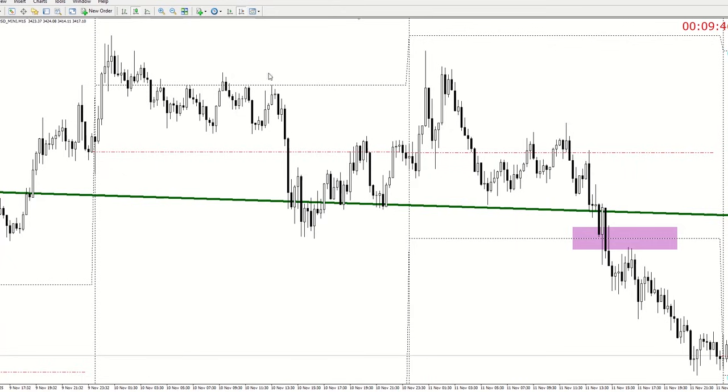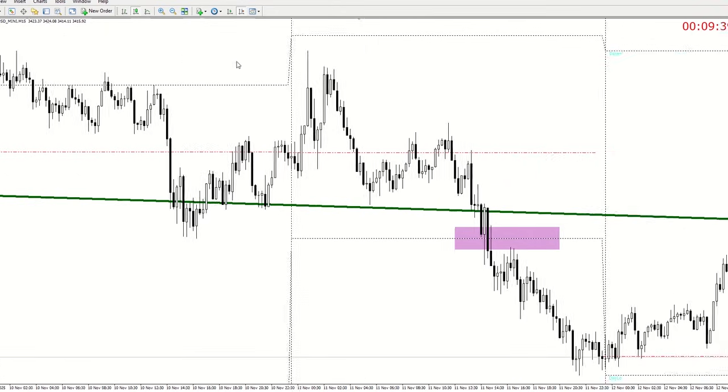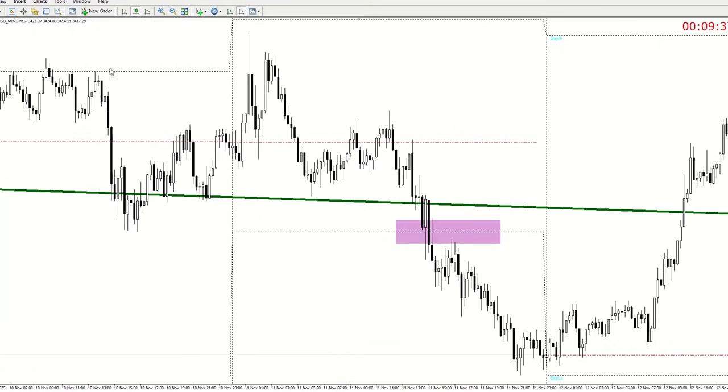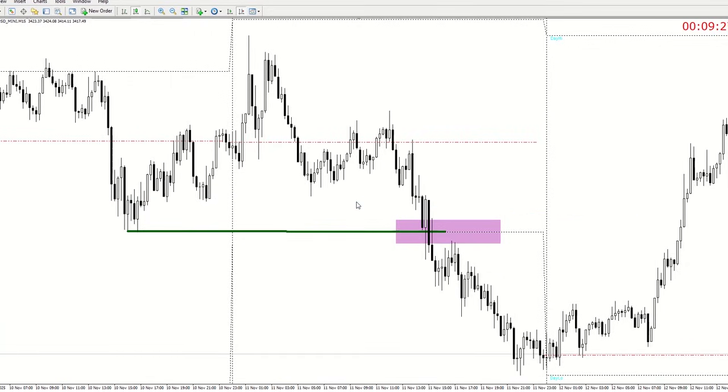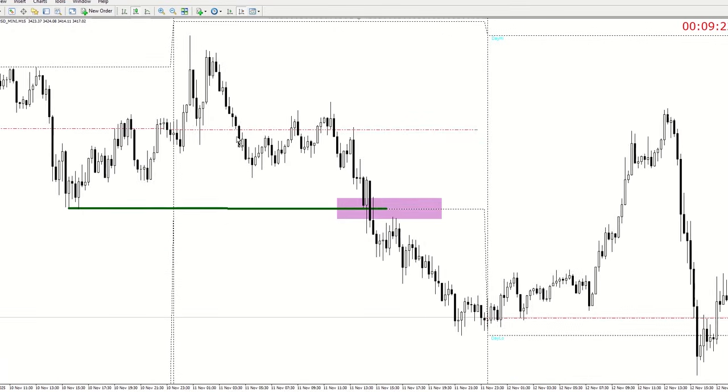They failed to go to the high. They only touched the high, but they failed to go any further until this day here when they broke the low of the previous day. And this is a strategic area. You can see this is that line of the pattern. I can simply delete it, because we saw that was the pattern. They came and retested on a daily time frame. So now I'm on a 15-minute time frame.